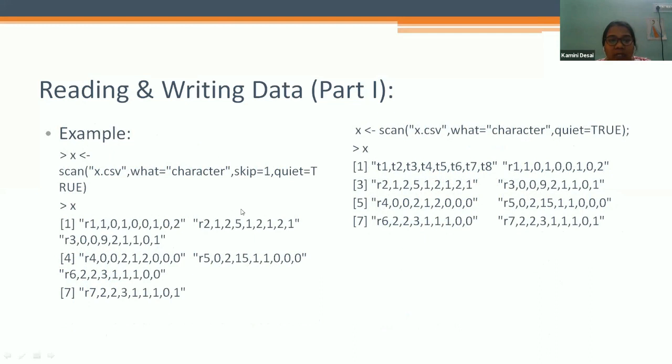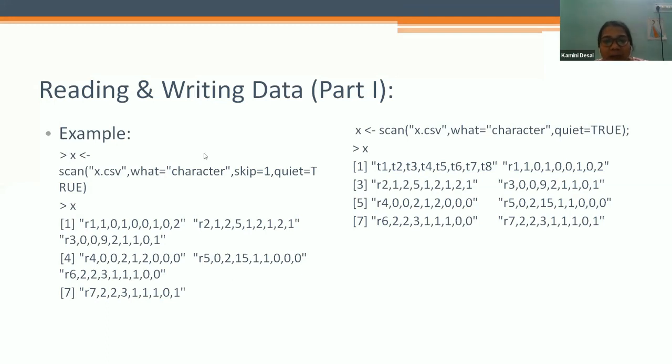So how to use the scan function? I have stored that particular data in variable x, and I'm using the scan function. Yesterday I told you, if you give scan and open bracket and close bracket, you can directly copy paste all the data, and you can store that data in the particular variable.